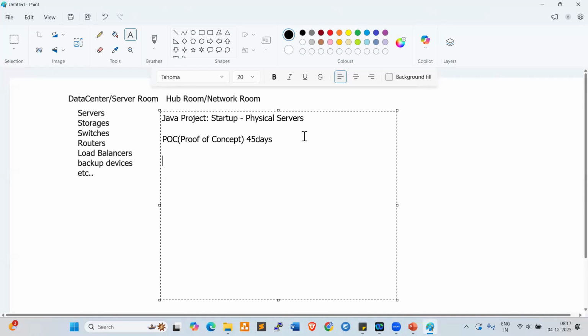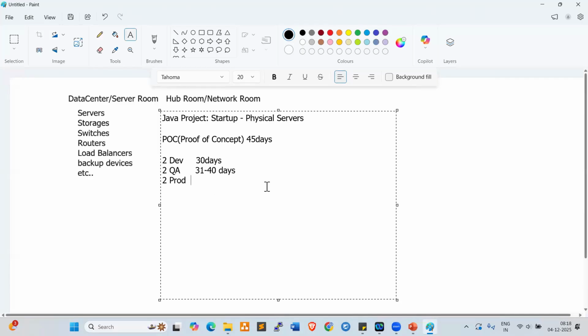For this POC, the client asks you to take 2 development servers, 2 QA servers, quality assurance servers, and 2 prod servers, right? Developers work on the development servers. For the first 30 days, developers develop the code. Once development is completed, from 31 days to 40 days, testing will happen.